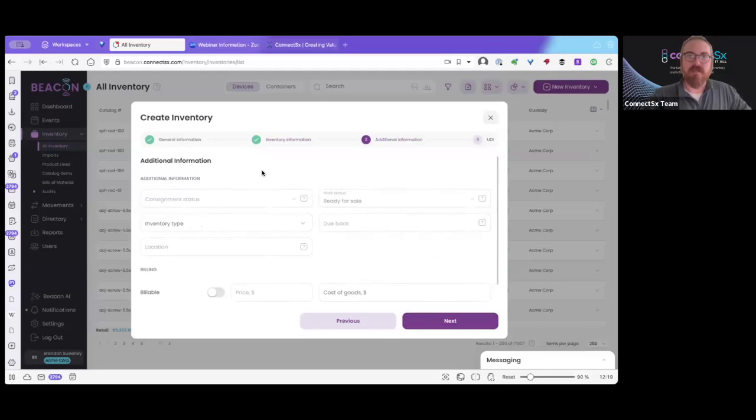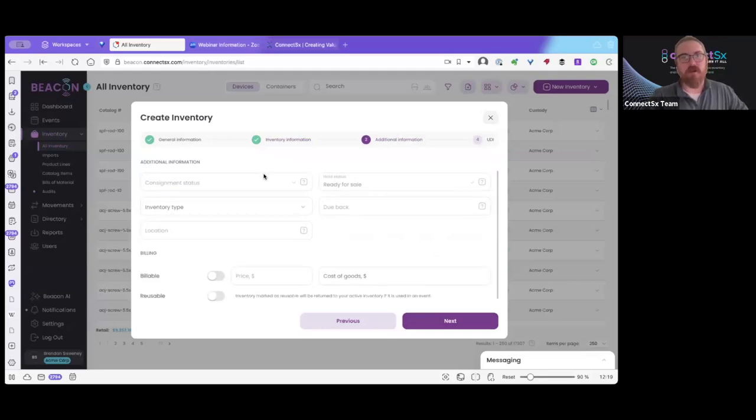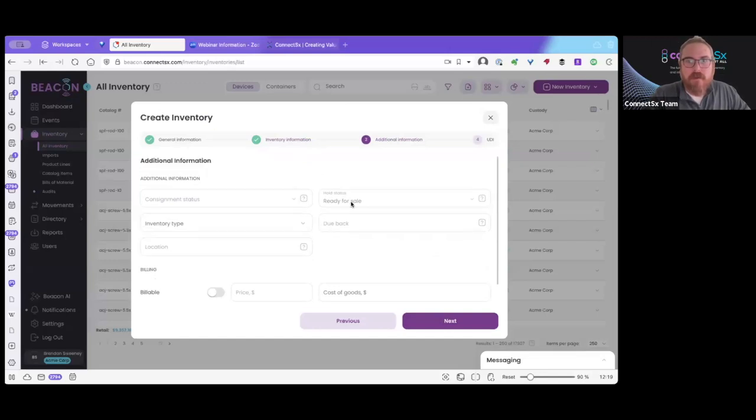And in this section, the additional information section, we have a lot of other status level information that you can apply. So, if your inventory is going to get created with, it looks like I'm not actually allowed to impact the consignment status or ready for sale status at this stage. You'd have to do that once the inventory gets created, but you can set an inventory type. So I'll go ahead and select implant. This is just product level information. Due back date and location. Looks like also we'll need to wait until the inventory gets